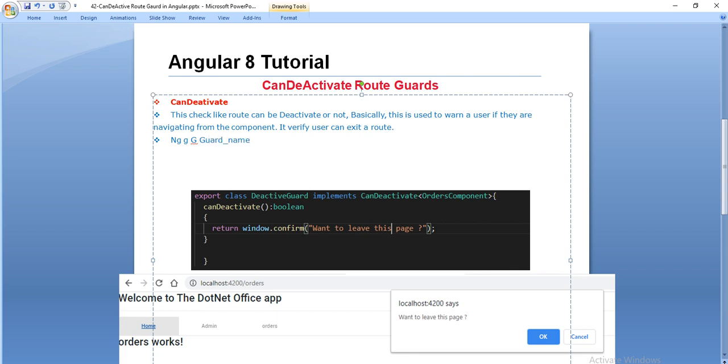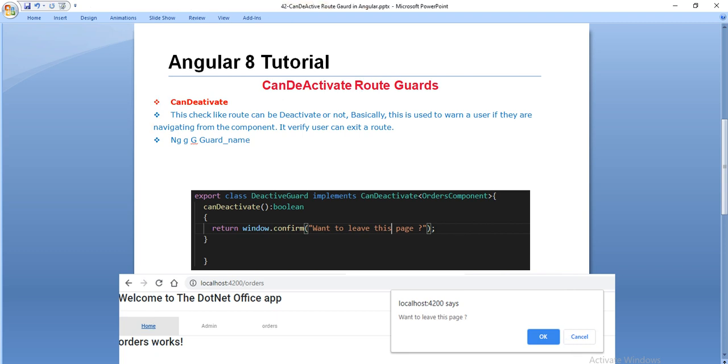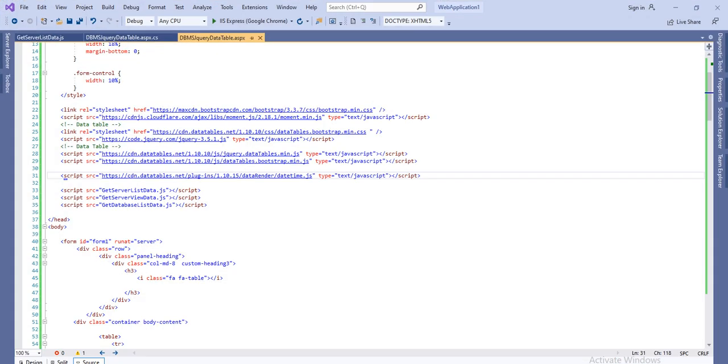With this command we are going to create a CanDeactivate route guard. We cannot directly create a CanDeactivate route guard, but we can modify the CanActivate route guard. So let's see how we can implement this in Visual Studio Code.